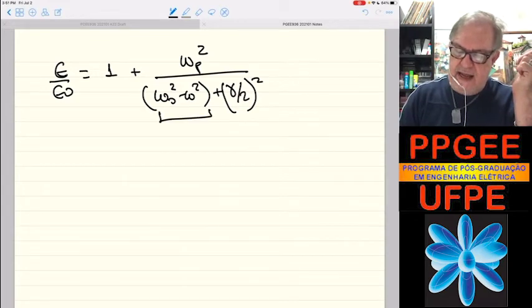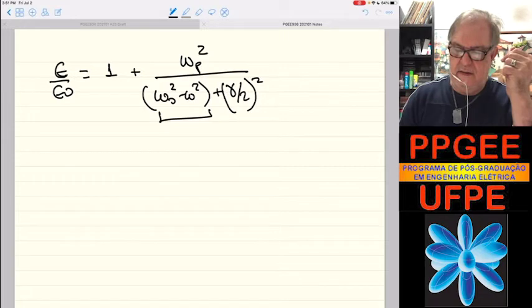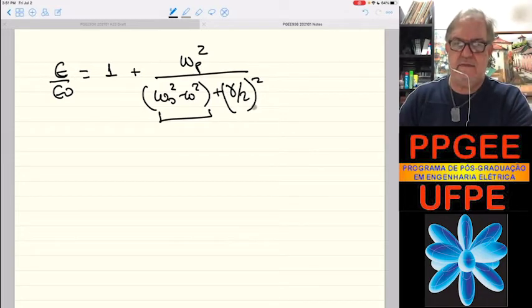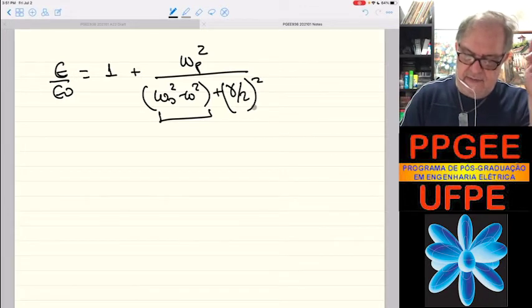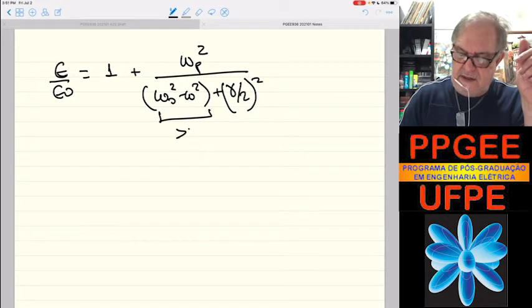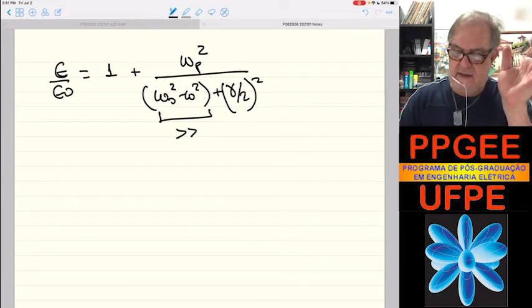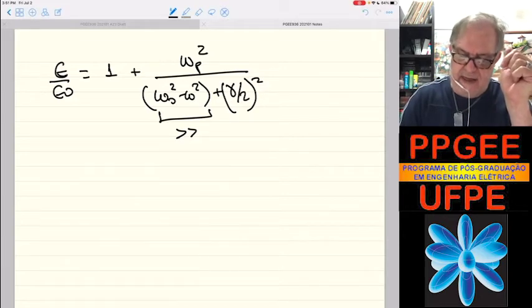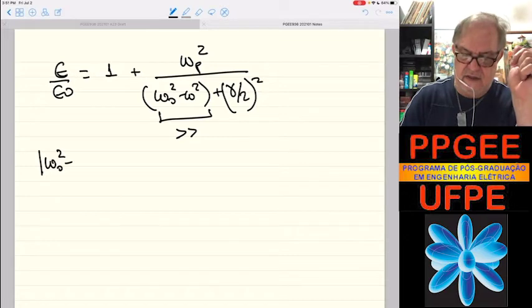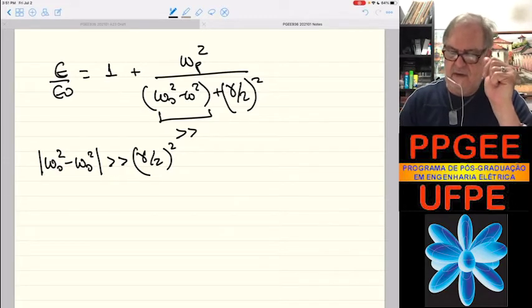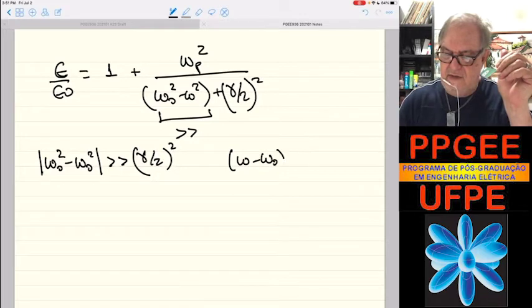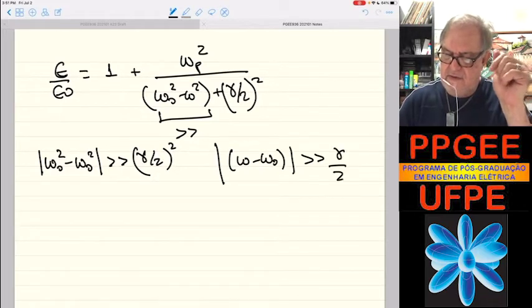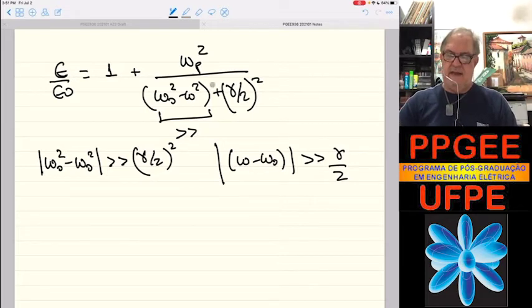So when this difference is much larger in magnitude, plus or minus, than gamma, so when the magnitude of omega 0 square minus omega square is much larger than gamma over 2 square, or in other words, if we have omega minus omega 0 much larger than gamma over 2, then we can drop this thing here, and you're going to have approximately 1 plus omega p square